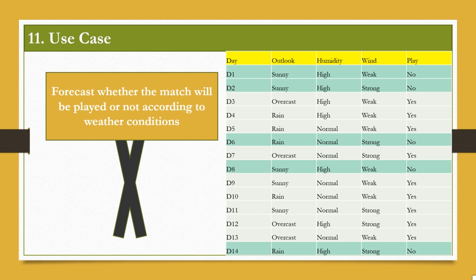Now the value of the target variable will decide whether the game can be played or not. So that's why play has two values: yes and no. No means that the weather conditions are not good and therefore you cannot play the game. And yes means that the weather conditions are good and suitable for you to play the game. So that was the problem statement. I hope the problem statement is clear to all of you.